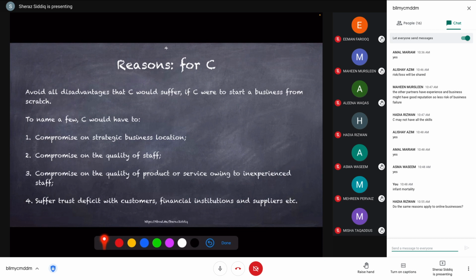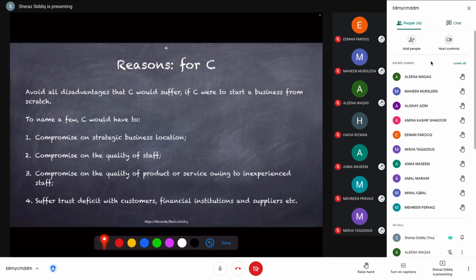For example, if you have to make an online transaction, you have an option with some unknown online vendor compared to Daraz.pk or AliExpress online, then who would you prefer to do this transaction with, right? Online transactions have a lot of risk associated with them because as a consumer, you are giving them your credit card number. So who would you trust more? People who are already established and they have a credible reputation among the financial institutions and the other consumers, right? So obviously, not all of these points will apply to the online businesses, but in spirit, it remains the same. The discussion remains the same. Good question, Hadia, right?